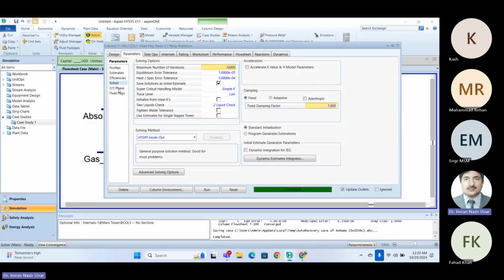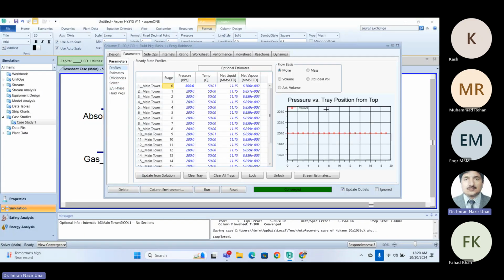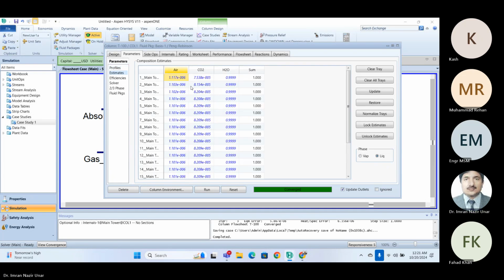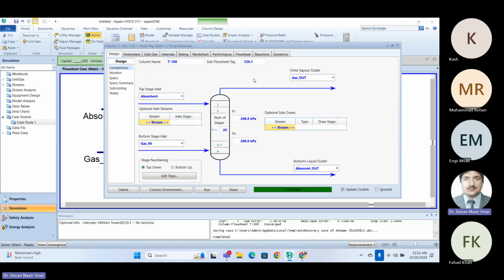This is a volume-based profile, this is a mass profile, and you can calculate anything from here, even estimates. So you can see from which stage the CO2 value is going to which level. These are not very interesting. We have to see